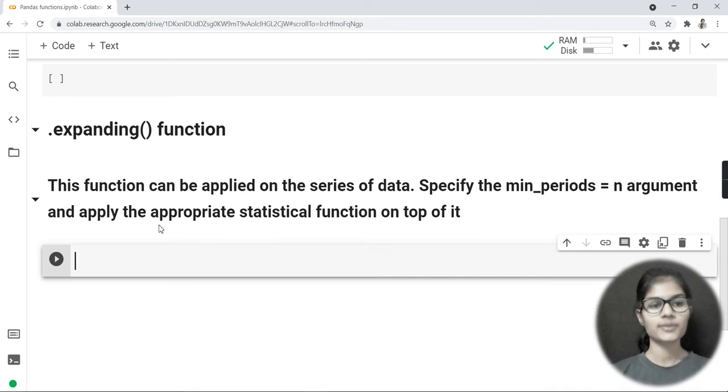So this is basically what the dot expanding function has. It can be applied on a series of data. This is the same for the rolling one also; only the difference is that it has a different argument.